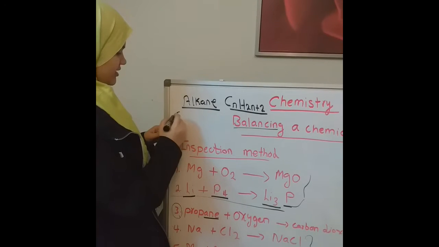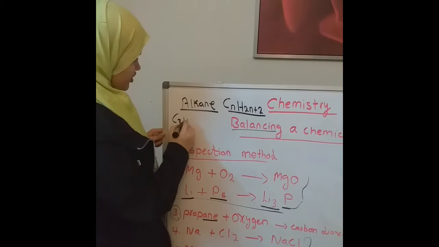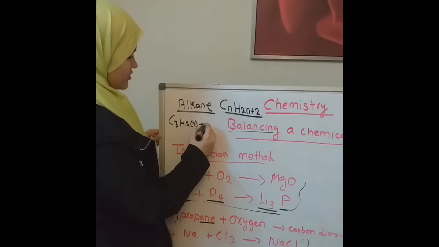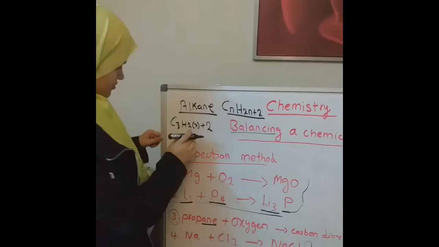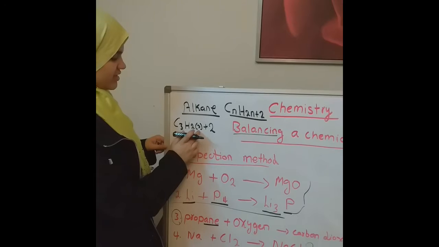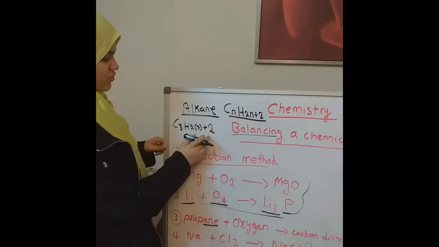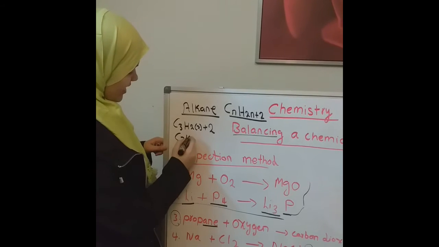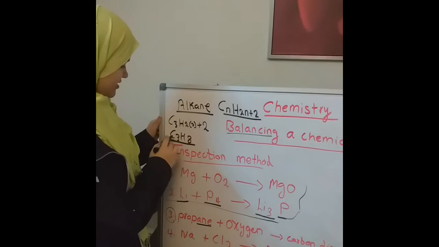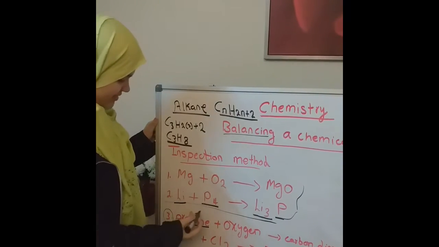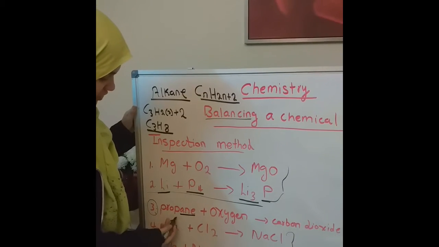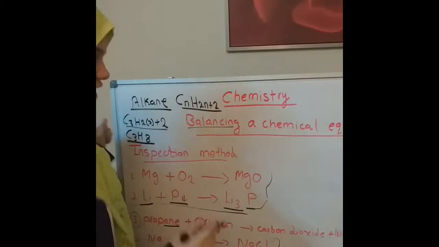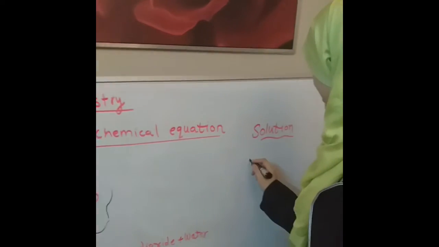That means C3H2 times 3 plus 2. Of course, 2 times 3 is equal to 6, and 6 plus 2 is equal to 8. That means C3H8. The C3H8 is the answer for propane, or the formula of propane, after we use the formula of alkane. So now the propane, which is